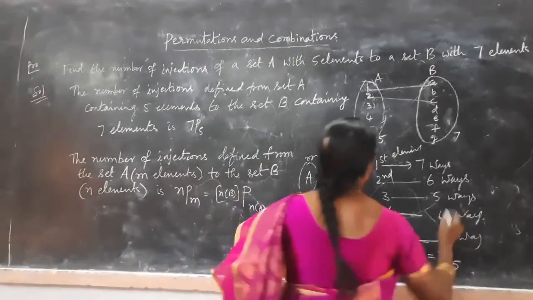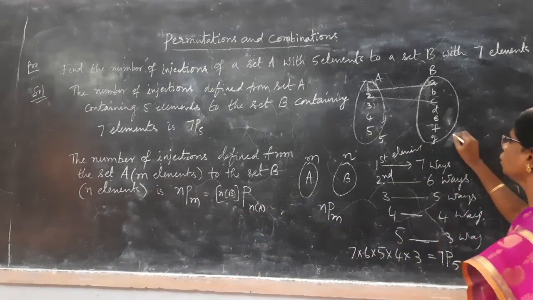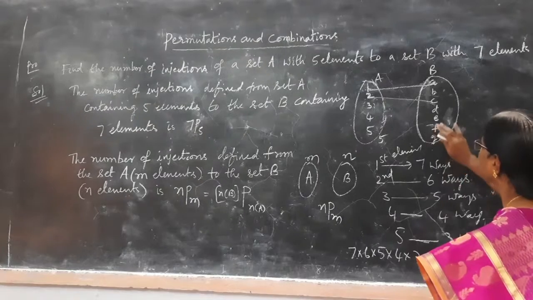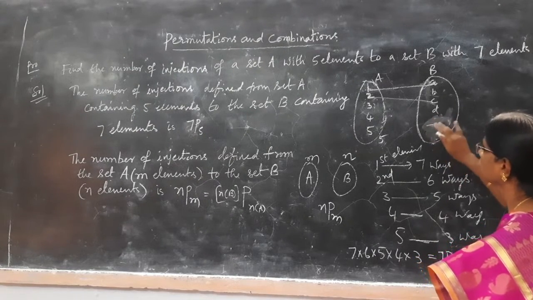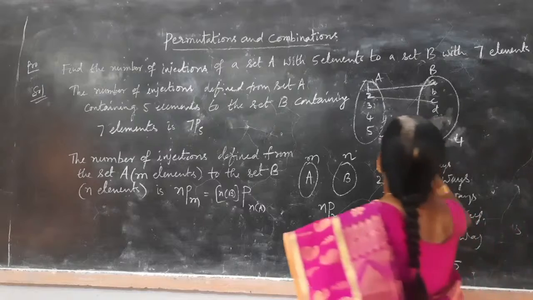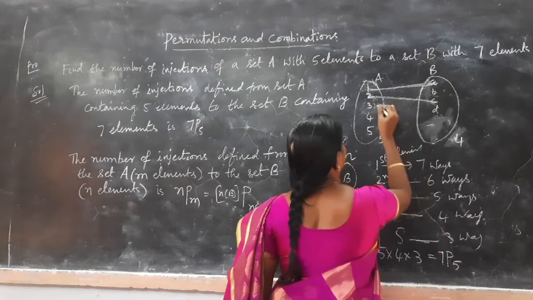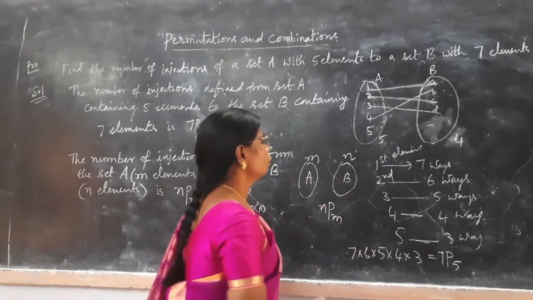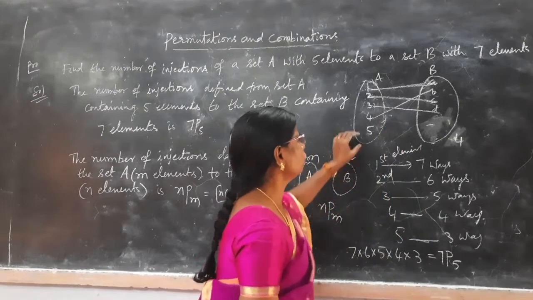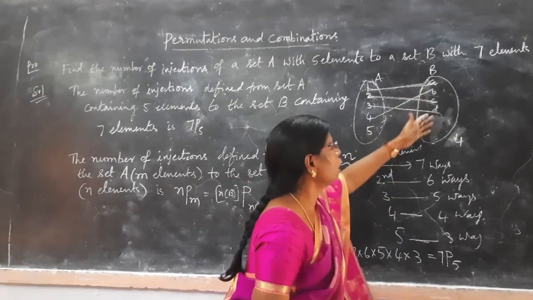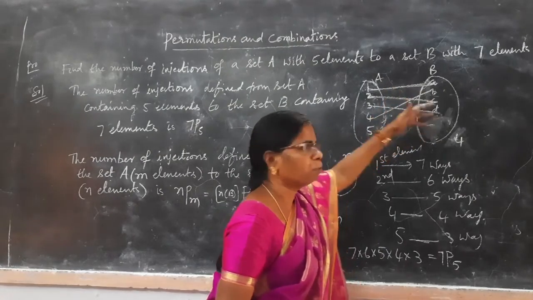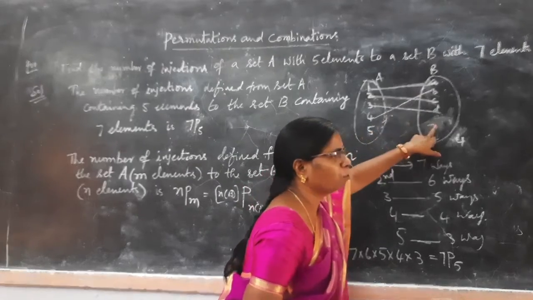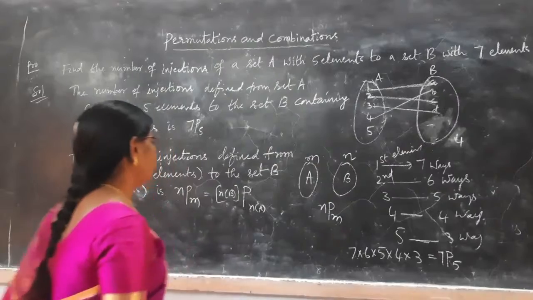Suppose here, instead of 7, there are 3 or 4 elements. So when there are 4, see here, fill out: 1a, 2c, 3d, 4b. So now how to find the image of the fifth element? There is no element left in B, all elements are over. To find the image of the fifth element, we have no option here. So that's why, what I am saying is,